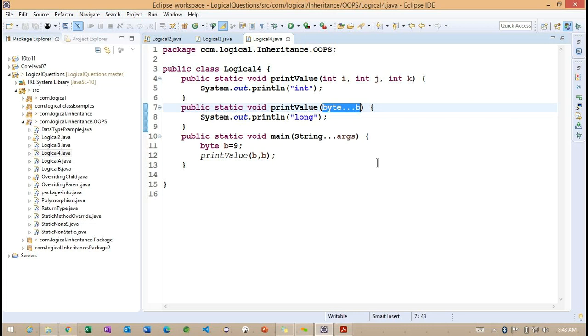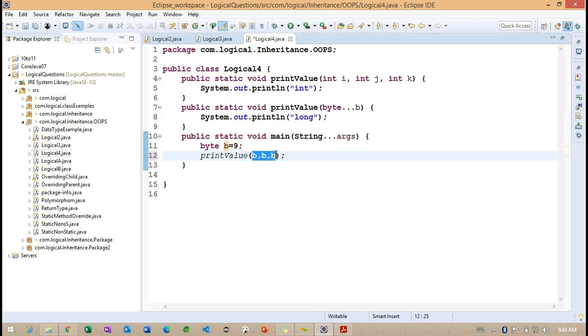But now, based on this byte, we don't have a method which takes three parameters.